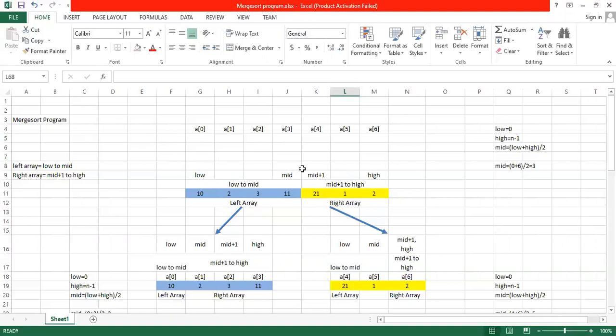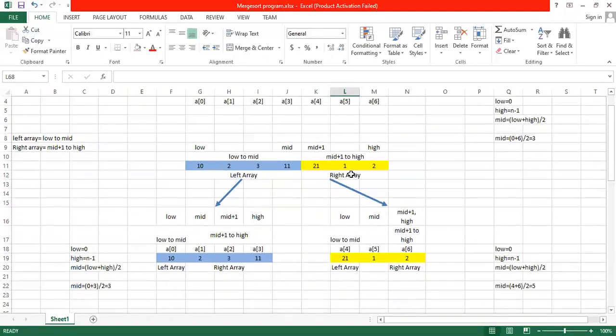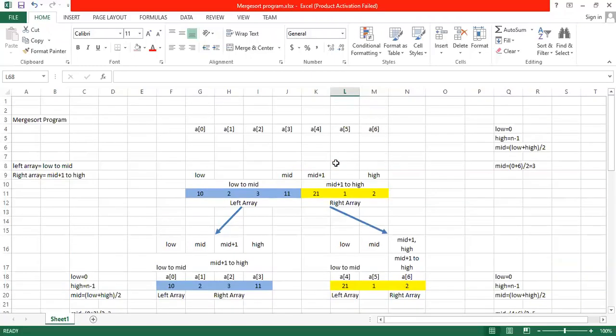Now, coming to the program, these 7 numbers are an unsorted array. The first thing you should know is the initialization steps. Low is initialized to 0, high is n minus 1. N means the number of elements, and here the n value is 7, since 7 elements are there.